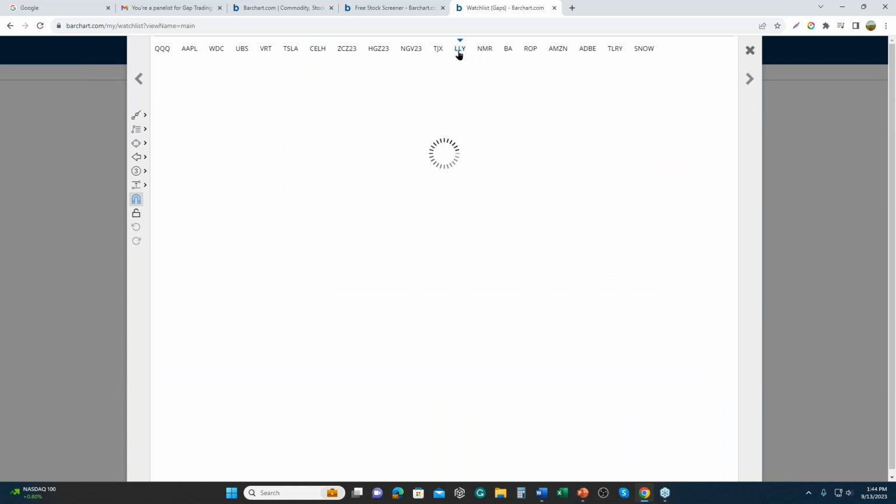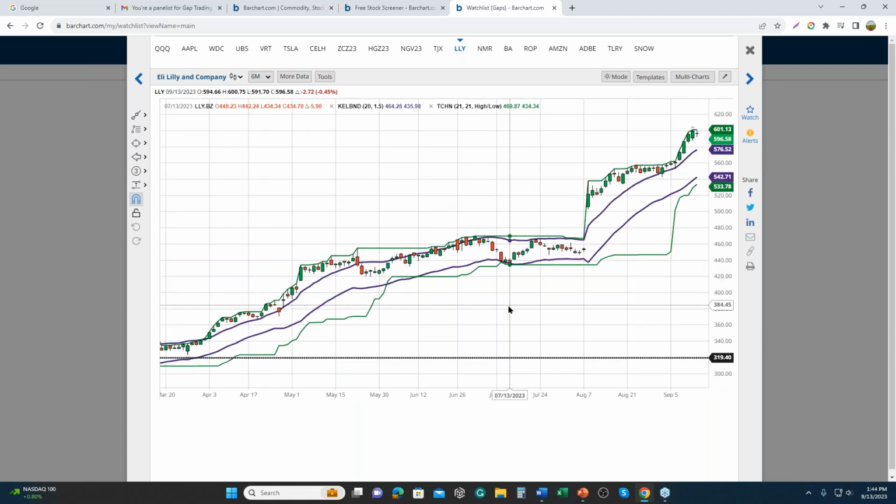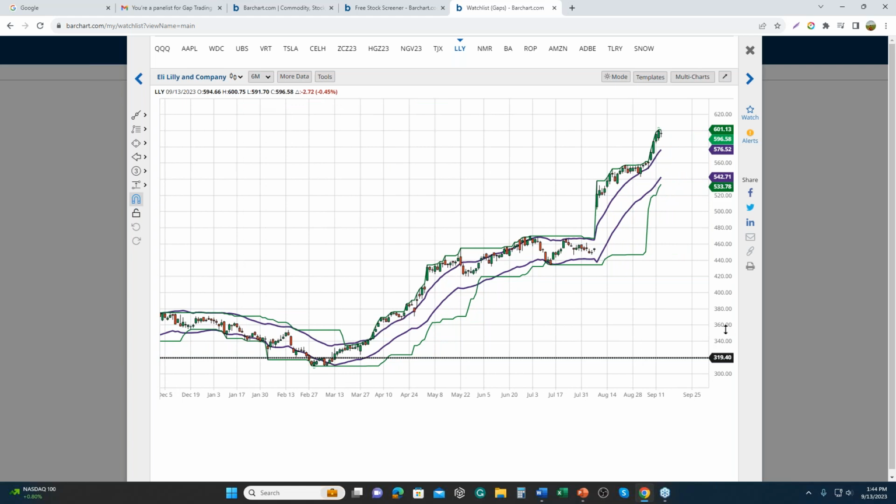Now here's Lilly. And again, here's that big movement outside of our ATR, our Keltner band, and we're making a new turtle channel high. But let me get rid of volume here for a second, and I want to show you how this tool can help us avoid some of those